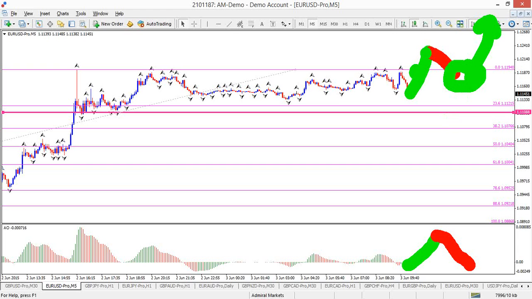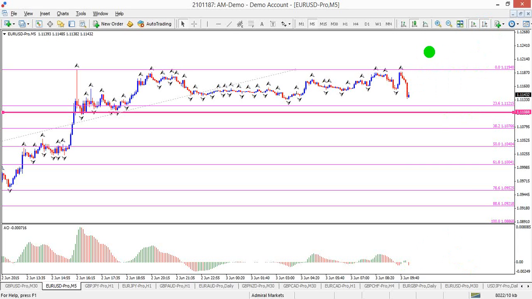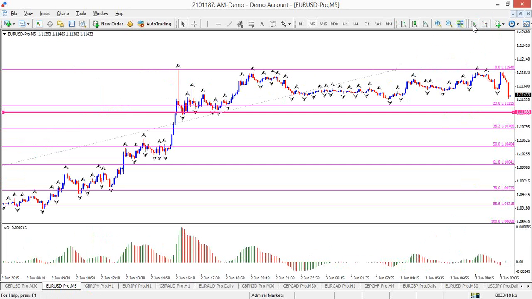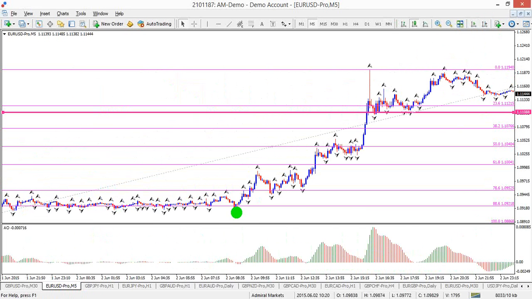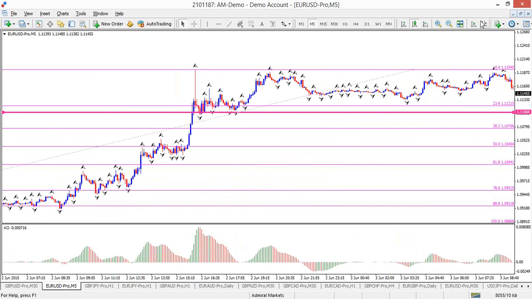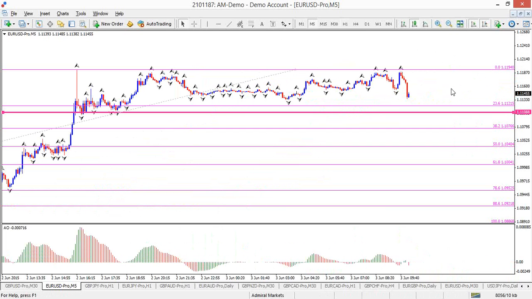All right, if we get a good momentum to the upside and we get a shallow kind of retracement, and this goes back to the zero line, something like this, for instance, here or here. Here we had an impulse back to the zero line, and we got the follow through. Impulse back to the zero line, follow through. Now this one also had some follow through, but it was already the end of the day. Something like that could be one way of trading the break of the top,